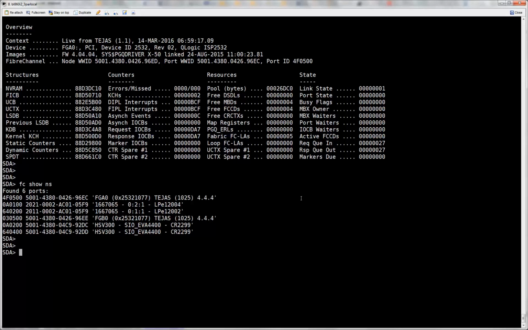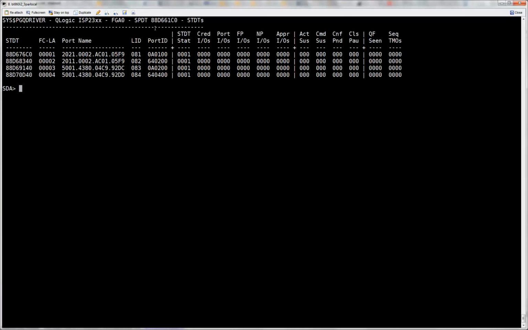So if I want to know more details about whether my login has gone through successfully or not, I would look at the port details. There is a command called fc show stdt. The STDT is basically the port descriptor table and the target descriptor table. The port descriptor is basically the FGA device.